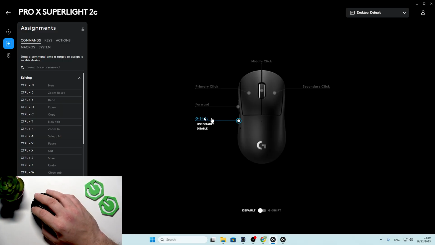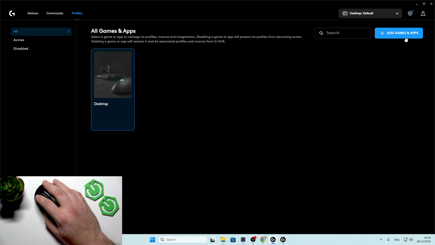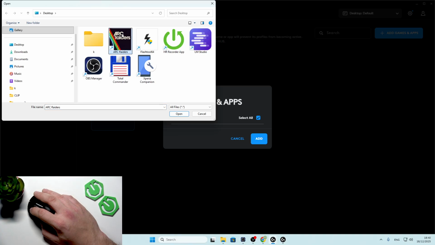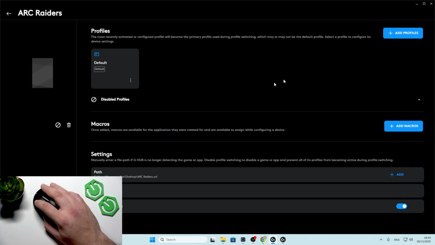To change user profile, in the Logitech G Hub, go to Profiles and manage them. Add games and apps, browse, select game or app and tap Add. Now you can switch profiles